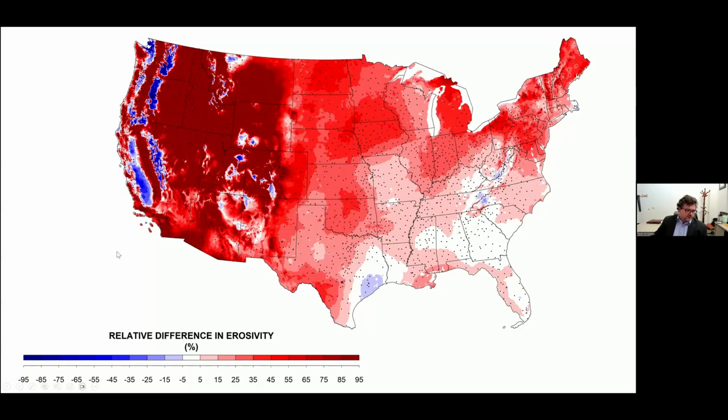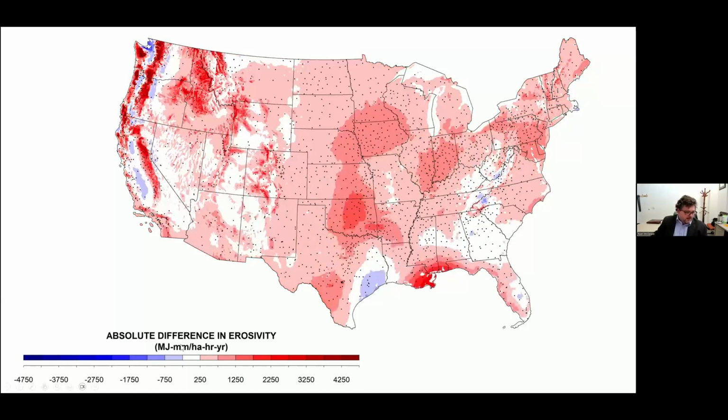Again, these were because of the interpolation differences out west that are largely linked to elevation differences and the fact that a lot of storms were being omitted that were small storms and considered insignificant for erosion. So when you have very, very little erosion and you see a small increase in erosion, you can see doubling of it, and it makes this map look worse than it is. It's not a whole lot of change out here, as you can see. So this is why I have the absolute difference map with the relative map.